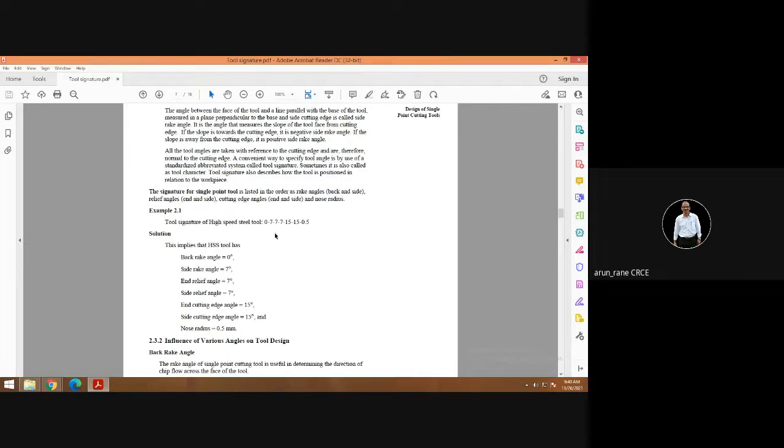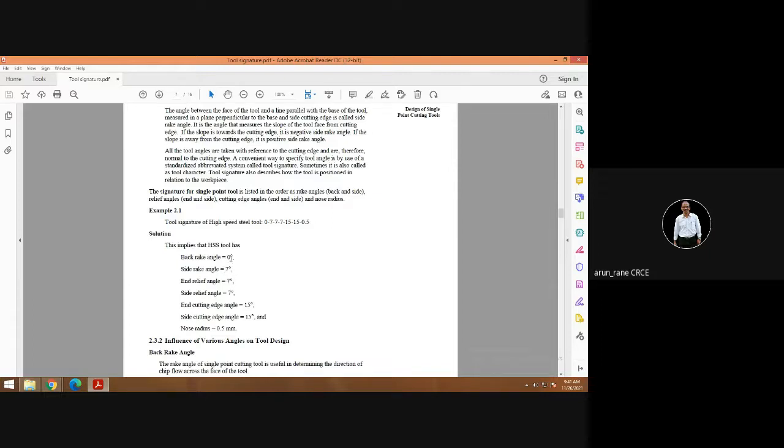So the first one represents the back rake angle. Now in this case, the back rake angle is 0 degree. Then the second is side rake. This is a tool signature for a typical high speed steel tool used on a lathe machine. Of course, you need to give some back rake angle, but this is just for understanding purposes. Now this is 0 degree, that is the back rake angle. Then this is your side rake angle, the second one. Then the third one is